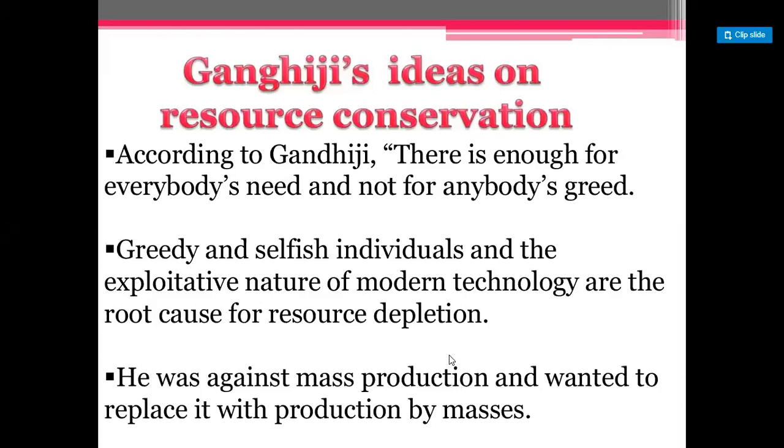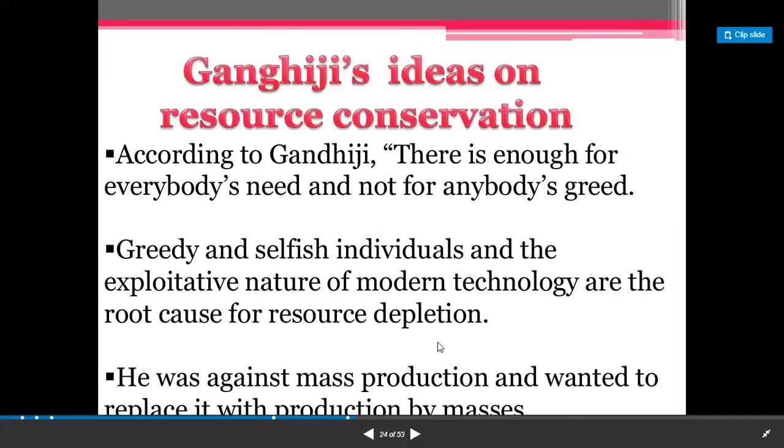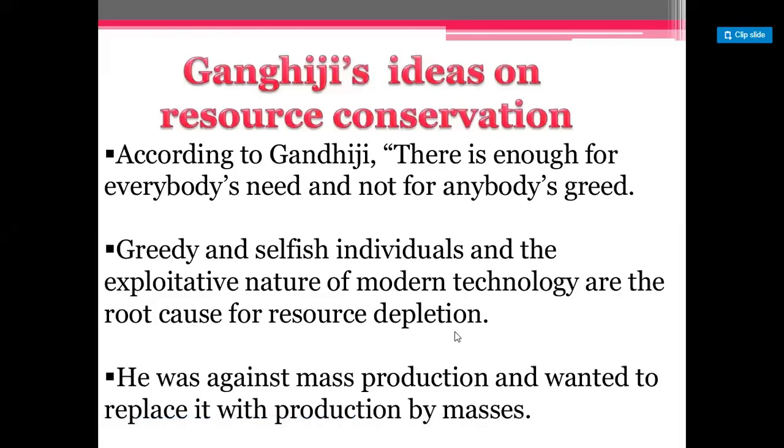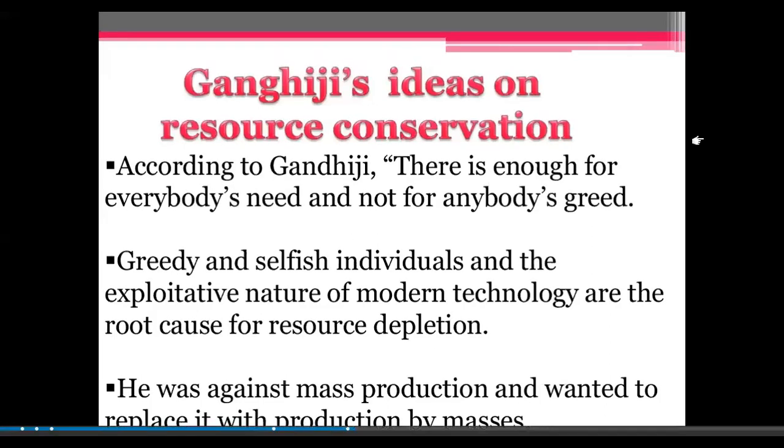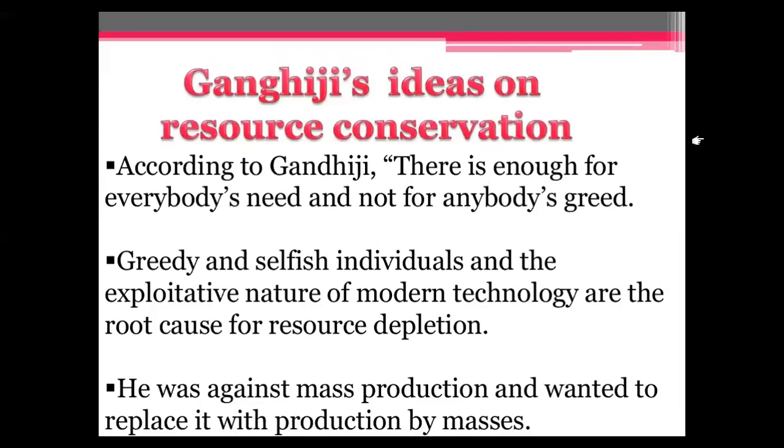That means maximum people will get employment, so the gap between the rich and poor will reduce. When mass production is there, the gap between the rich and poor will be widened. But production by masses means that all have equal opportunities to utilize the resources. Okay. So you have to justify